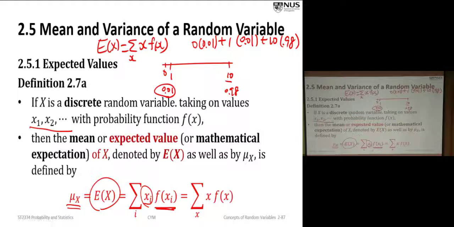Remember, I gave you an example about the number of modules that the NUS student take. So it ranges from 1 to 6 or 7 with a different probability, different proportion. So you see that if you just take the average of the number of modules, 1, 2, 3, 4, 5, 6, 7 maybe, that average does not make sense. But there are fewer people take one module. More people take 5 modules. So we have to give more weight to these 5 modules, or x equal to 5. So therefore, the expectation will be somewhere around 5 or 4 point something.